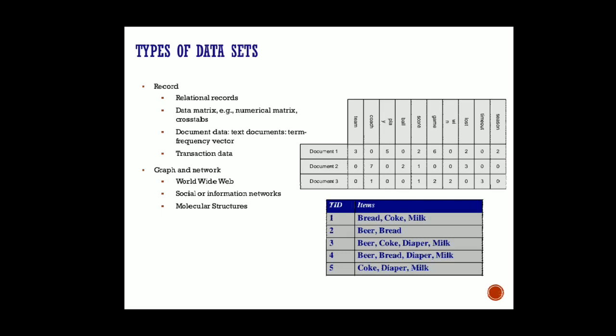Then social or information networks, and in the case of the WWW, social networks or, say, molecular structures, we mainly use a graph to represent the total data set as well. Okay, so then to treat the graph, again we need some statistical tool to represent whatever data we are collecting in a graph structure. That too has to be represented using some other tool. But for the sake of simplicity, we will just learn what are the areas from where we are collecting different kinds of data.